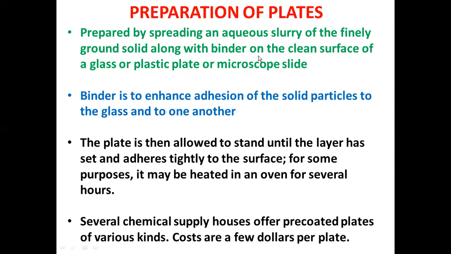But if you use microscopic slides, glass slides, plastic plates or aluminum foil as a TLC plate, we have to prepare the stationary phase. We have to convert that plate into a usable plate. We have to immobilize the stationary phase over the flat surface. It is very simple. You just prepare an aqueous slurry of the stationary phase along with a binder. A binder may be gypsum or plaster of Paris. If the stationary phase is silica or modified silica, or cellulose, or starch, or talc, alumina, magnesium silicate, whatever you take, you just mix the stationary phase material along with the binder.